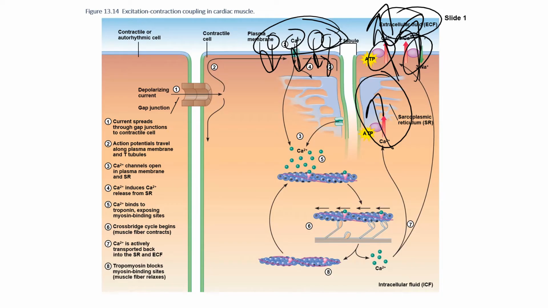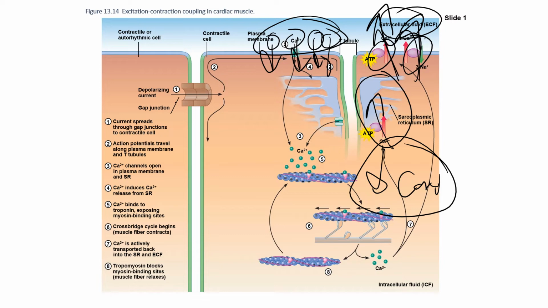The calcium gets kicked back out of the contractile cardiac fiber, back out into the extracellular fluid. You need to remove it two ways, right? Back into the SR and also back out into the extracellular fluid, because a lot of it came from the extracellular fluid. And then once you do that, calcium levels will fall sufficiently inside of the contractile cardiac fiber, and